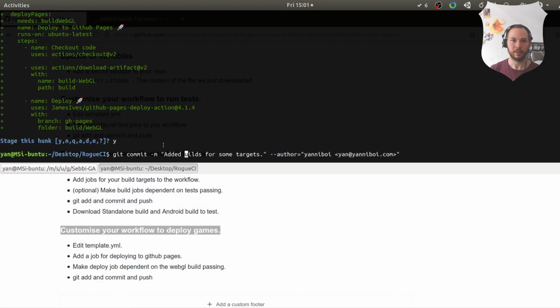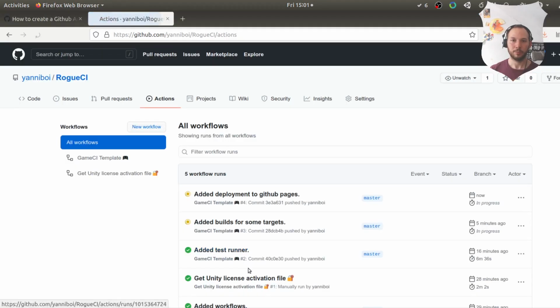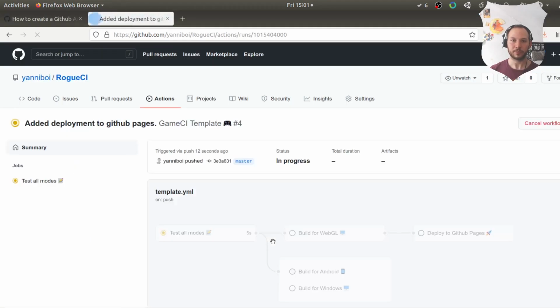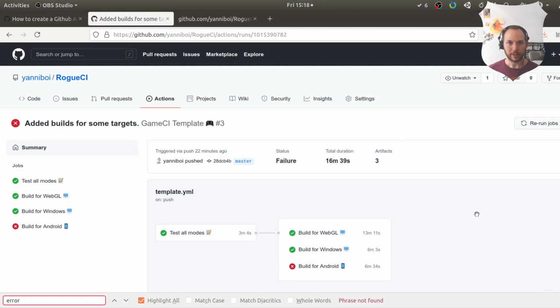and commit, added deployment to GitHub Pages. But if we go into Actions, we can see that actually now we've got a much more complicated workflow. We've got our build for WebGL, which we're deploying, and we've got our build for Android and Windows. And you can see here that our first set of builds is finished, but we actually had an error